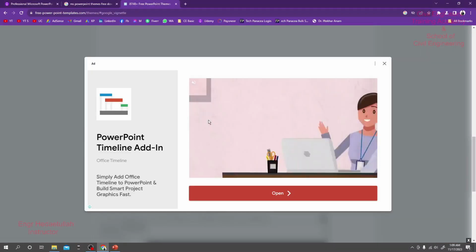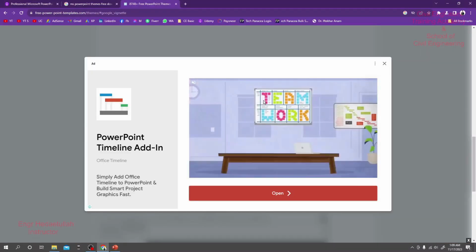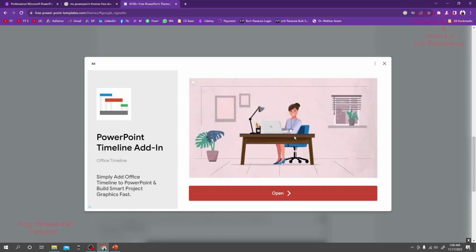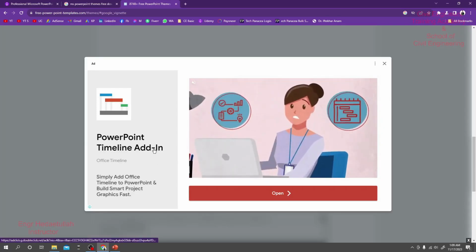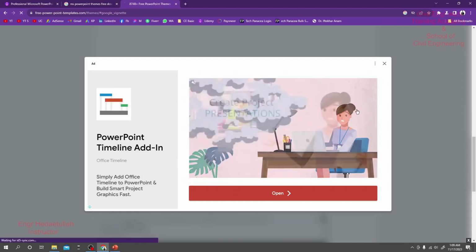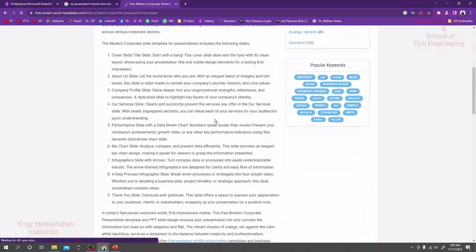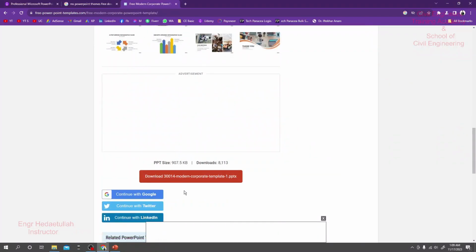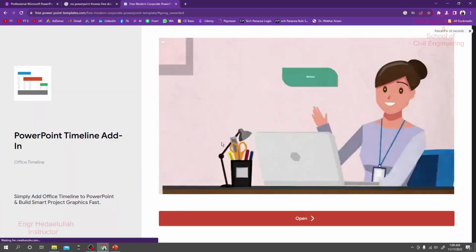If I go here with that template, they have a nice presentation, and I'll close it. This is an advertisement, sorry. If I come here, they have many templates, and if I click here, see the number of downloads, and if I click download template,